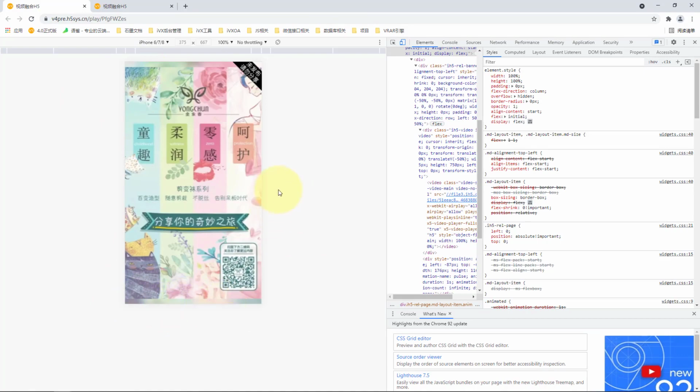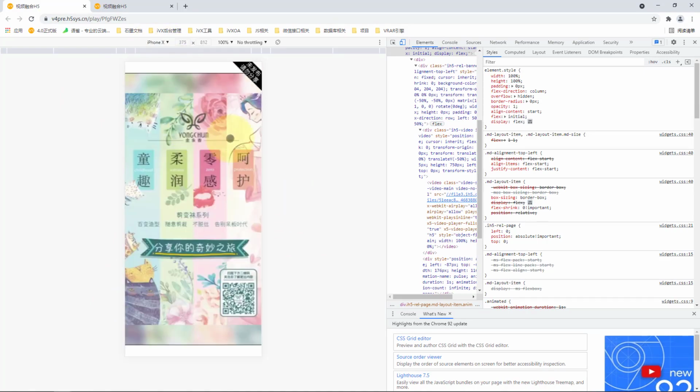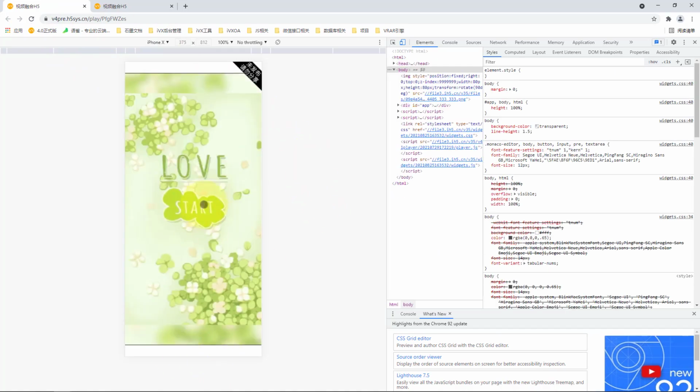You can see that there is a certain virtual area on the upper and lower sides. Why is there a virtual area? It is for us to be compatible with the viewing effect of different mobile phones. If the screen of the mobile phone is very large, we also hope that the whole video can show